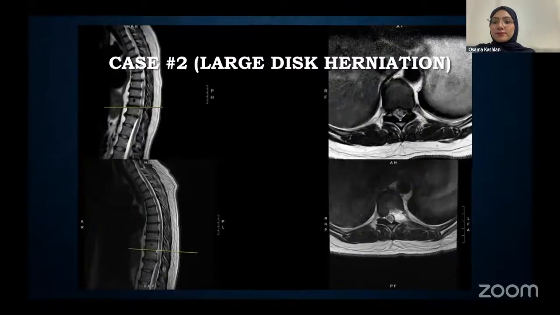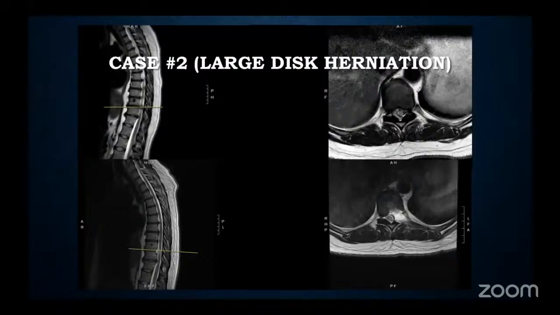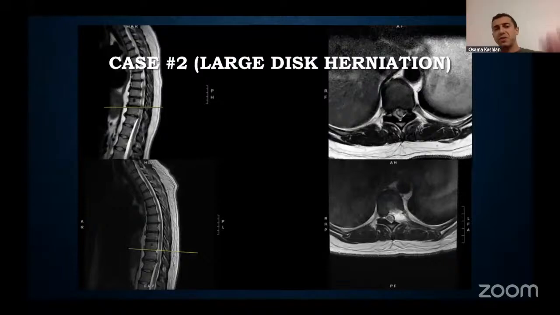So as you can see, that's the first case that you do with this. It's nice to have a soft disc like the one that you saw, and it's nice for it to be a small one. If it's a small soft disc, I think that's a great starter case in these types of surgeries. And then you can really start increasing the complexity of the case. Once I get comfortable with the small soft discs, you could go to the next stage, which is big soft discs.